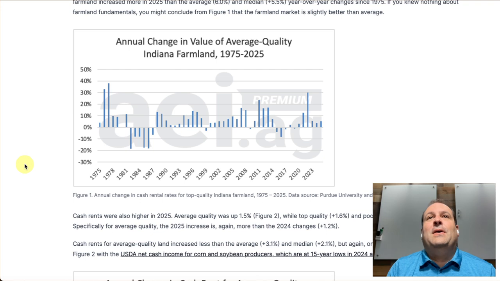So if we knew nothing about the farmland markets, we might say, okay, what's the average year over year change? What's the median year over year change? So the average is a 6% change. The median, about half the time, it's 5.5% or larger, and then half the time it's 5.5% or smaller changes. So if we knew nothing about the market going into this, nothing about the fundamentals of tight returns for corn and soybean production, lean returns for corn and soybean production, a higher interest rate environment than we saw just a few years ago. If we didn't know any of that, we might think that, hey, 5.4%, what we actually observed